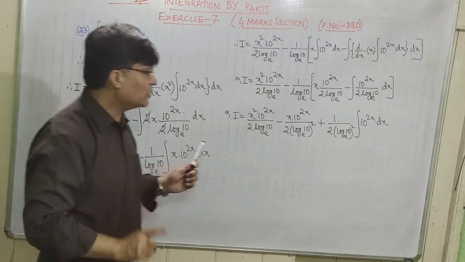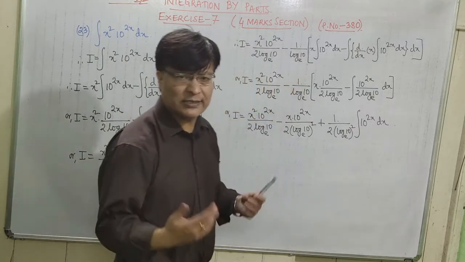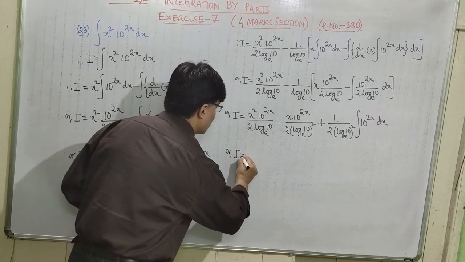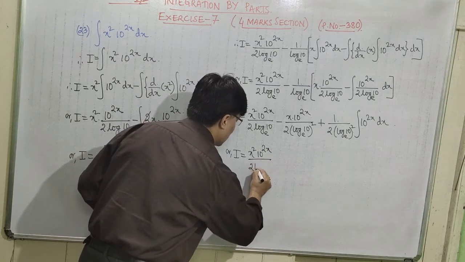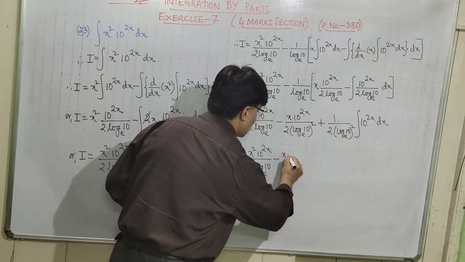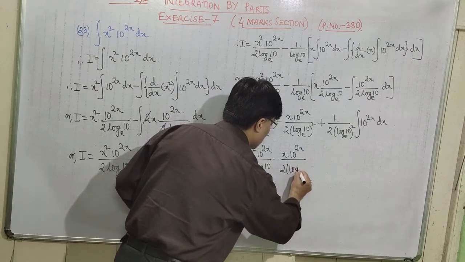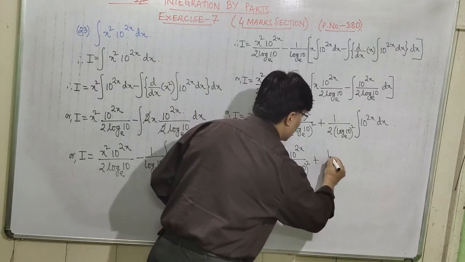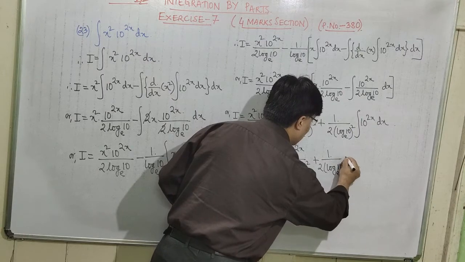Understood now? So this is your last integration. It is the integration of only one function, that is a to the power mx dx. So let us integrate it. I is equal to, first term is kept as it is, x square 10 to the power 2x divided by 2 log 10 base e, minus x into 10 to the power 2x divided by 2 into log 10 base e whole square, plus, now this is 1 upon 2 into log 10 base e whole square into